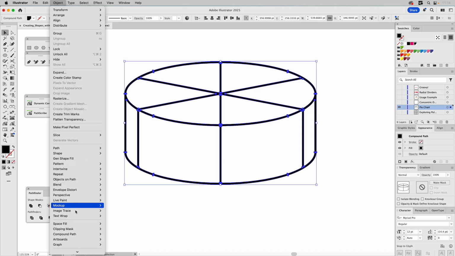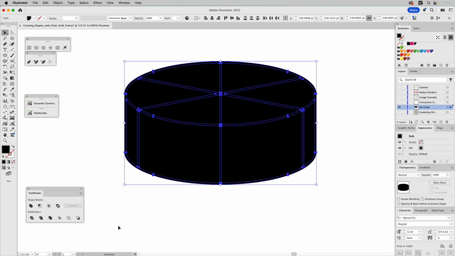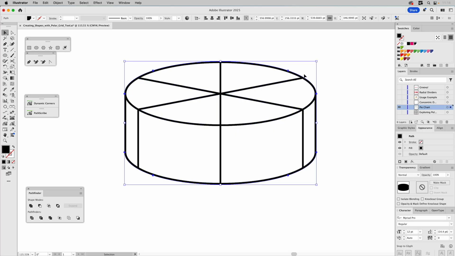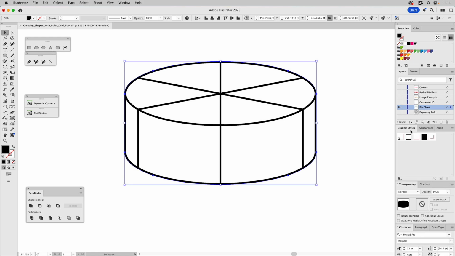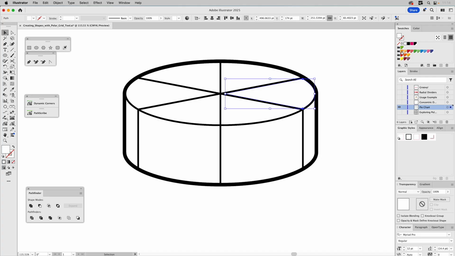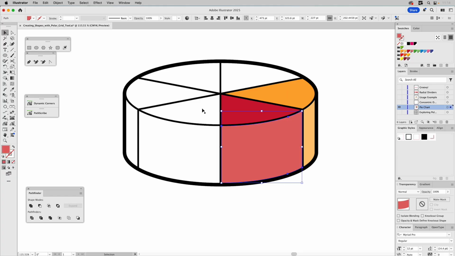Now we're going to go and unite it like that. Now I'll go to Object, I'll go down to Compound, I'm going to go Release, deselect the outside shape. The interior shapes I'll just fill with white like that. And if I take this, I think I'm going to make this fatter like that. And now, essentially what we have here is a pie chart graphic. So if I go ahead and just color this, I'll make this the light side so that gets a tint of that same color on the base here. And then we'll go green, and this will be tinted. We'll go blue here,